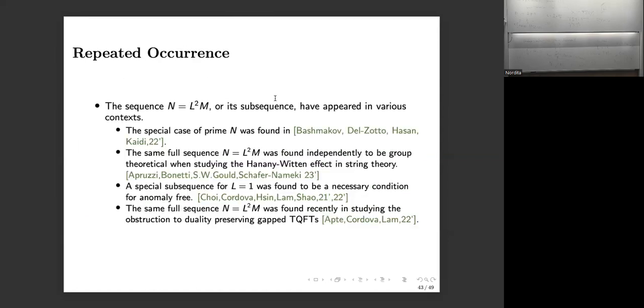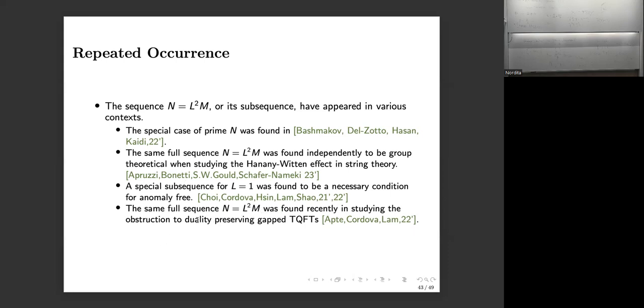But there are some consistency checks. For example, this sequence of numbers has appeared in many different literatures. When n is a prime, if you reduce to the n equals prime case, then exactly this sequence appeared in other papers when they search for the group theoretical duality defect. And the same sequence also appeared when people studied anomalies of the duality defects. And also, interestingly,